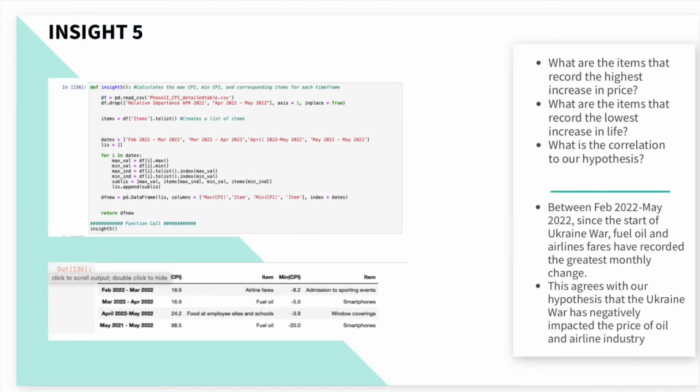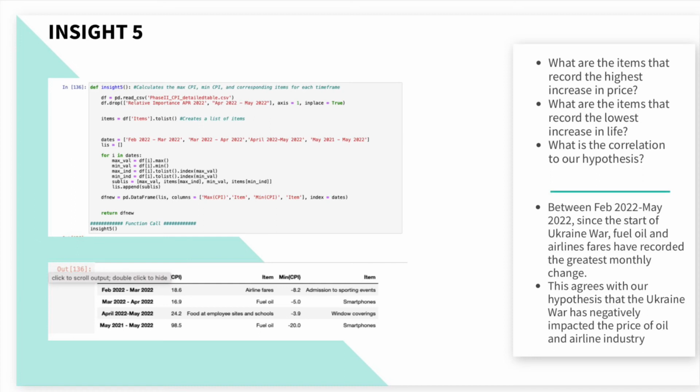For Insight 5, we calculated the maximum and minimum CPI, which is Consumer Price Index, along with the corresponding items for the various timeframes throughout 2022. We first created a list from the column that represents all the goods and services in this CPI breakdown. We then iterated through the list of dates we are focusing on and calculated the min and max value of